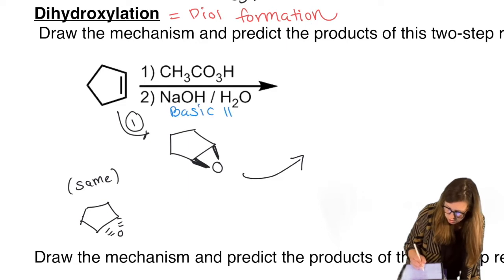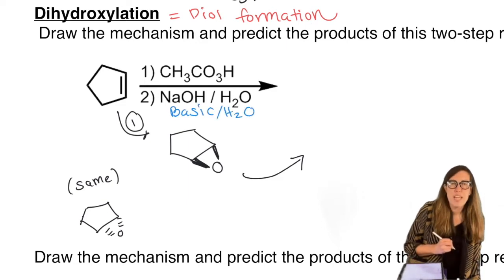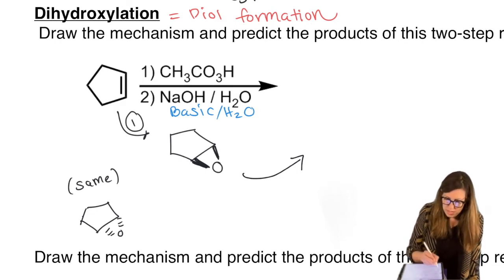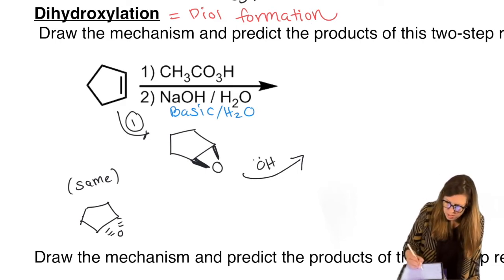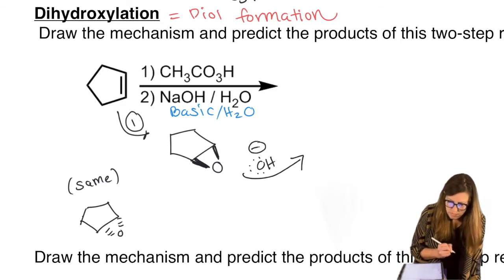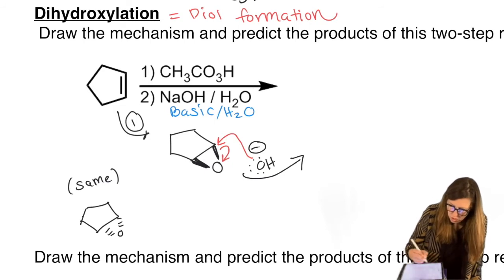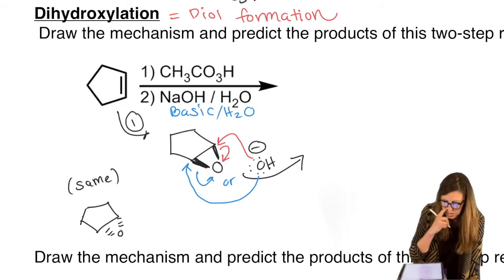basic water. So it doesn't have to be NaOH. It could be KOH, it could be other things, or just OH minus might be shown there. But that's the idea, is the hydroxide is going to be the base, and it will attack. And it can attack any of these carbons. So it can go here and open. Or it can go here and open. The important thing to note is that it's going to do an SN2 style backside attack.